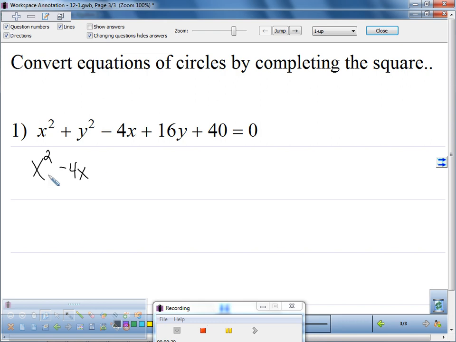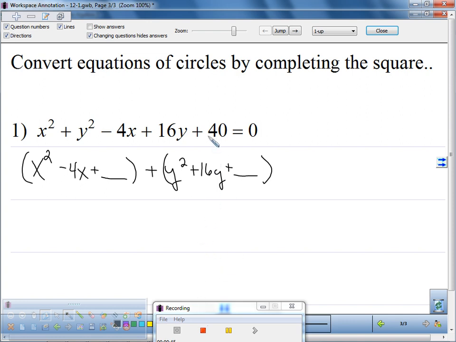Now, you may not know why we're doing this, but I'm going to go ahead and put a placeholder here, because in a second, we're going to fill this in. So I'm putting a placeholder there, and then I'm going to do the same thing with the y. So it's going to be y squared plus 16y, and I'm going to put a placeholder. Now, this part will always be plus here because we're completing the square, so it has to be a positive